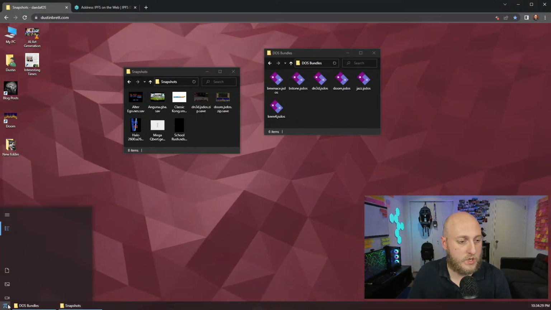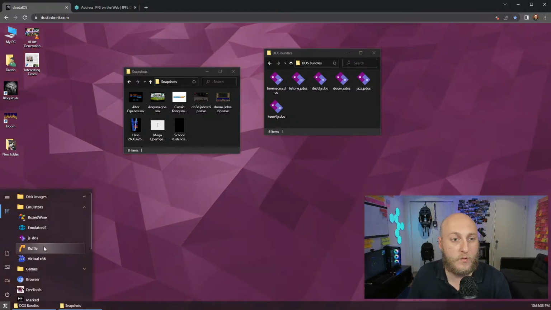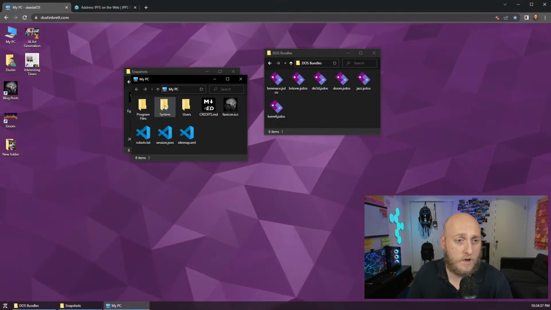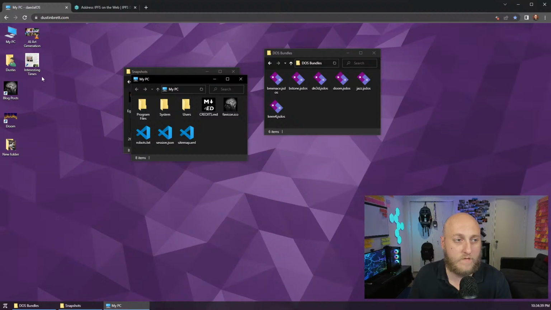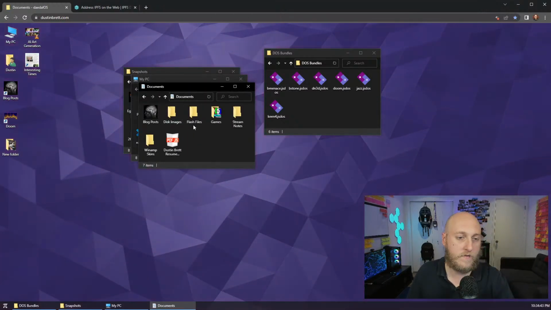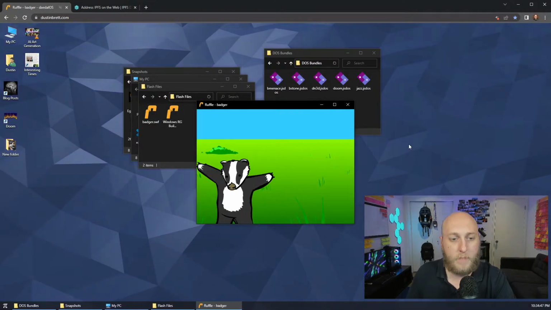What other fun ones do I have? So another cool emulator I have is Ruffle, which is Flash. If people remember Flash, that was something I used to do, Adobe Flash. I don't have any Flash demos, unfortunately. Like, I have demos. I don't have my own demos, is what I should say. I have a few demos. I'll show you one right here. I'll show you one of my favorites, which is the badger